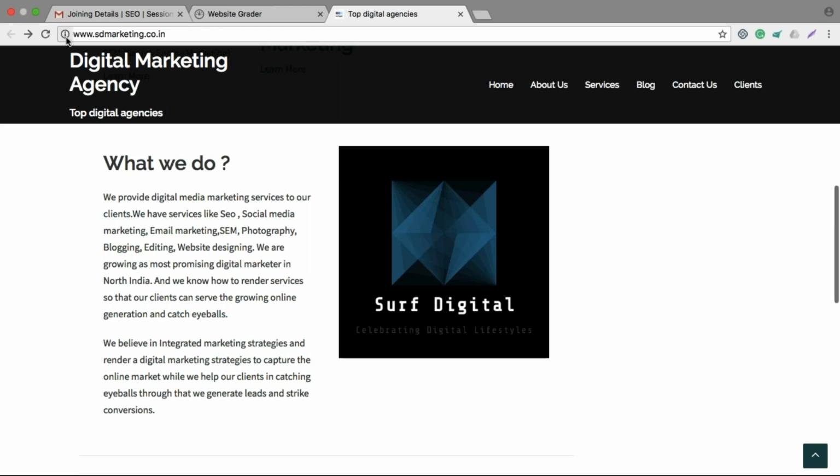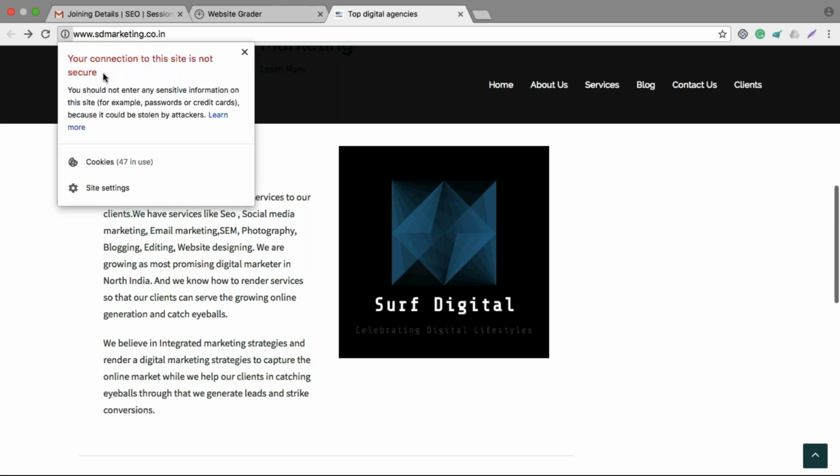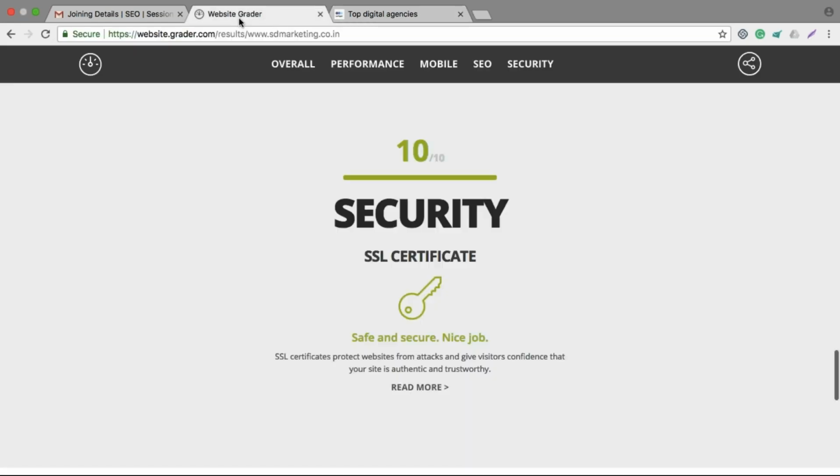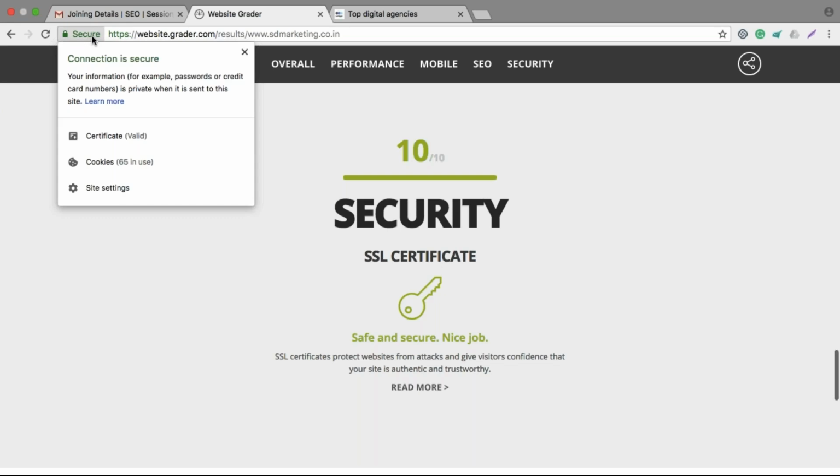Because when you click over here on this i button, it says your connection to this site is not secure. Why? Because you have not installed an SSL certificate on your website. But when you look here, it has HTTPS. So when you click on this, it says your connection is secure, so your information, for example passwords or credit card numbers, is private when it is sent to this site.